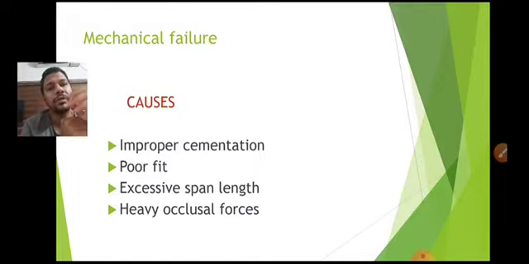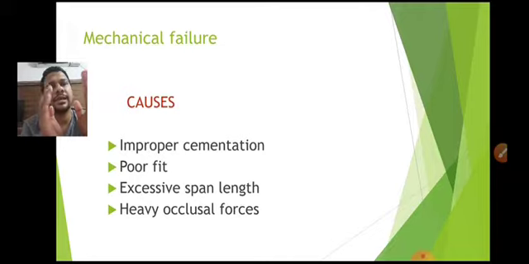Now we'll talk about the fit of prosthesis, and how the fit of prosthesis affects the failure rate. Fit means marginal fit as well as internal fit. Marginal fit is the fit of the prosthesis on the margins or the finish line of the prepared tooth. The internal fit is the distance between the prepared tooth and the restoration, the inside intaglio surface of the particular restoration. How much distance they have decides the fit of the prosthesis.